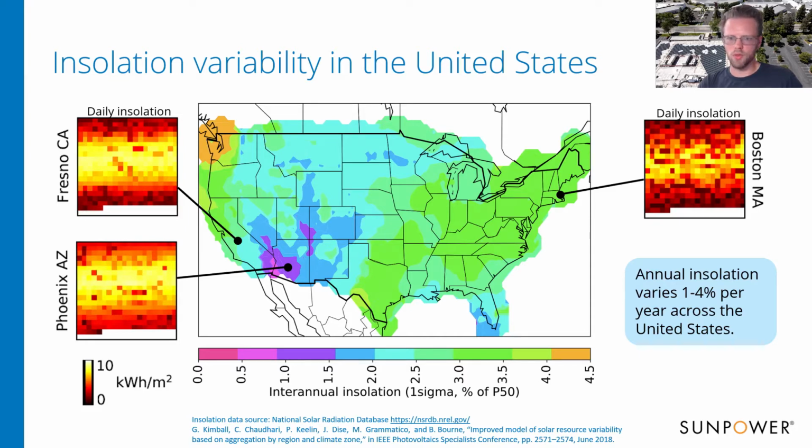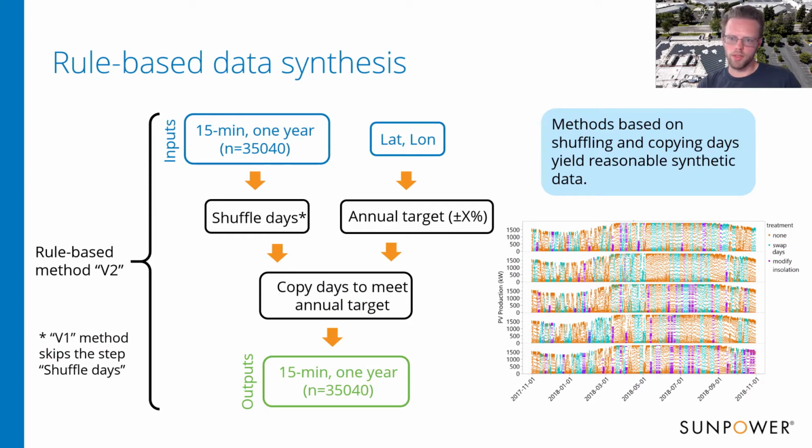And then I've highlighted a few locations here: Fresno, Phoenix, Boston. What these plots represent is 1 year of insolation data, starting at the top January 1st, going down to December 31st. So you can see the brighter yellow in the middle reflects the summer, followed by the darker top and bottom reflecting the winter. And then throughout the year, you can see weather patterns show up as red and darker spots. So the rule-based method we developed